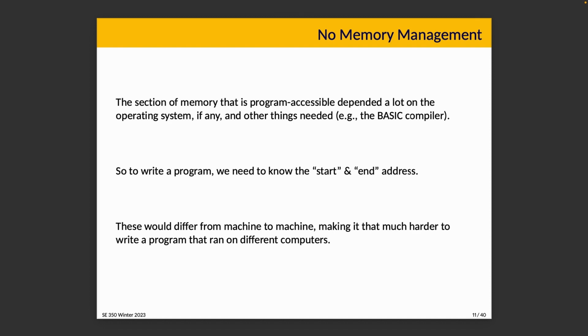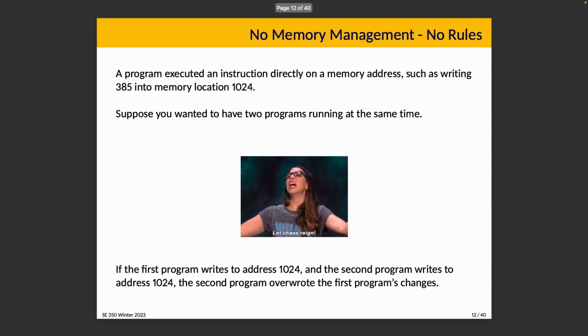And so to write a program, you needed to know the start and the end address of the different segments of your memory, right? And they were different from machine to machine, making it that much harder to write a program that ran on different computers. Hypothetically, you could ship the thing with instructions that say, here's how to look up your start address for your machine, and you enter it here, and here's how to look up the end address, and you enter it there in some file. Those are your configuration files, but really this is asking a lot of the user. Some of them could do it. Obviously people could not always do that.